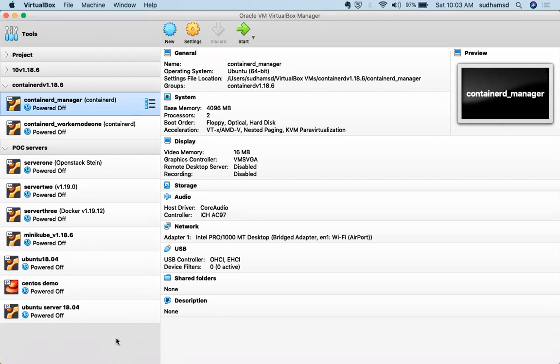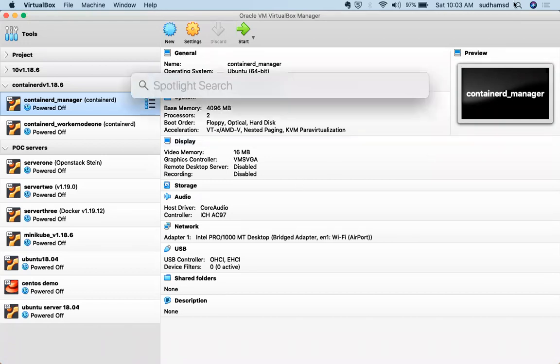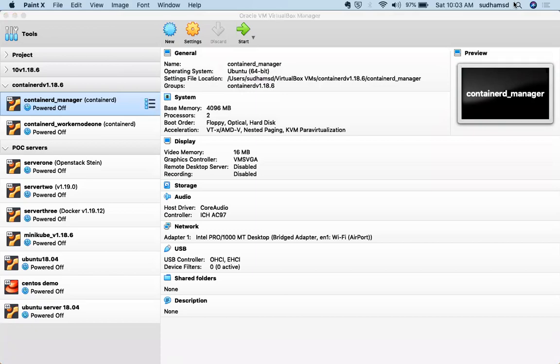So as I discussed, today's topic is about how to authenticate to your Kubernetes cluster using a Keystone third-party component. This Keystone is something which is related to OpenStack. Let me draw a diagram of how we are going to set up this particular authentication mechanism.